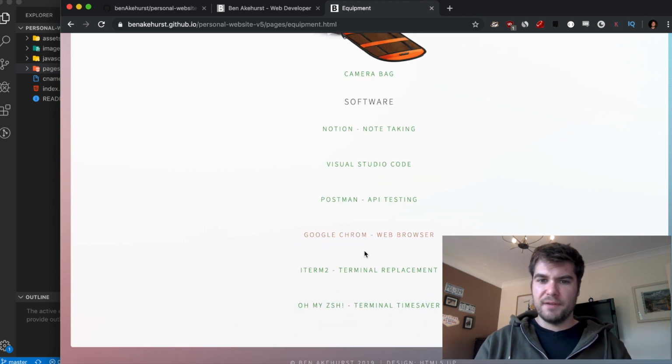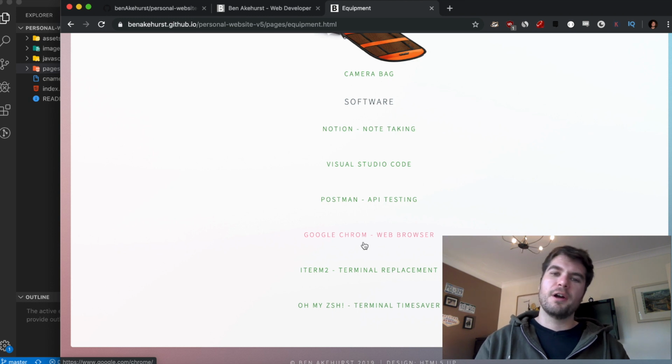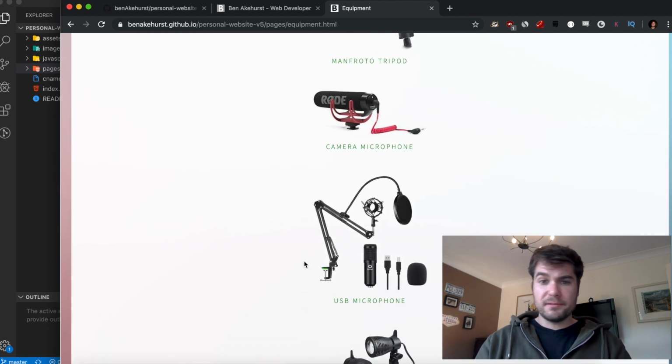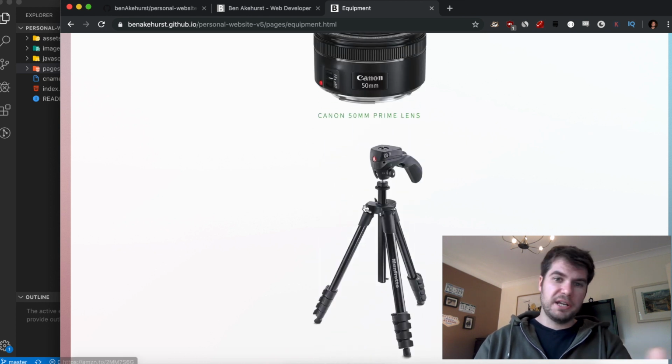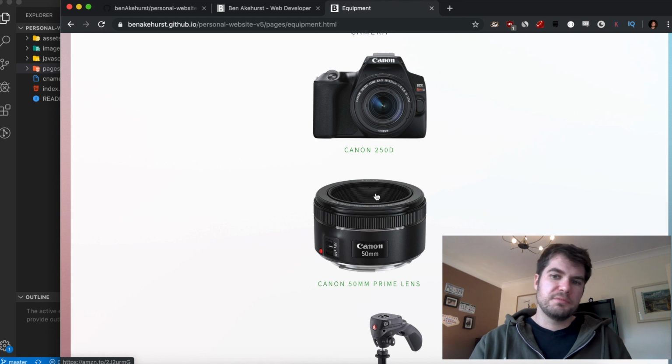Here's all the main software that I use. Oh, look, I've even found a little spelling mistake there. It's Google Chrome, not Google Chrome. But these are all the sort of software that I use every day. But also, to be completely upfront, these are all Amazon affiliate links. So if you click on this and you go and buy this, or you go and buy something else on Amazon, I'll get a little cut of it, which would be very nice.